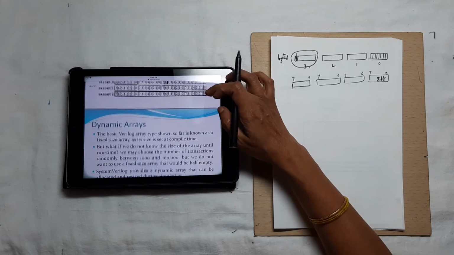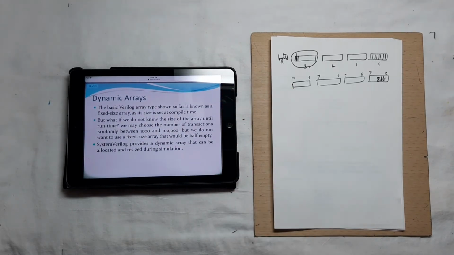So now coming to dynamic arrays. What are dynamic arrays? Till now we have studied fixed size arrays. In a fixed size array, the size of the array is already known. If you do not know the size of the array, then what next? SystemVerilog provides a dynamic array that can be allocated and resized during the simulation.